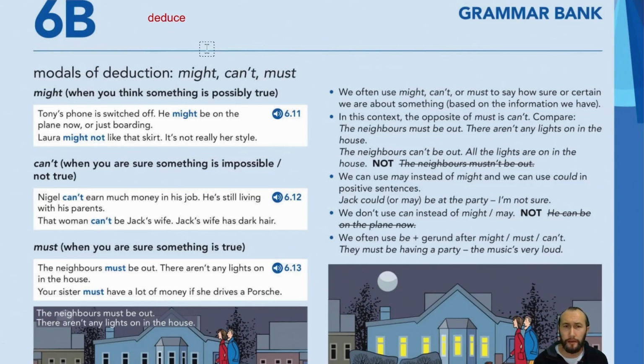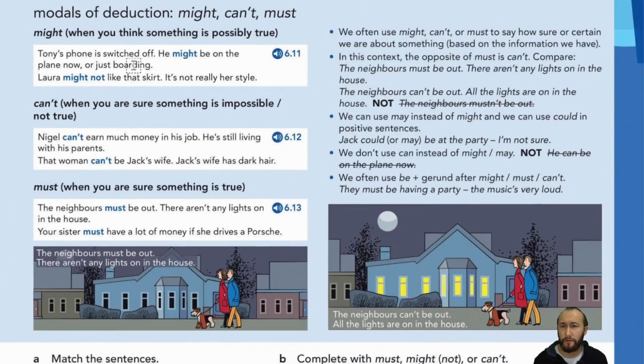Now, as you can see here on the screen, we have got modals of deduction, and we can divide this into three main parts. So here might, and then here can't and must. We're going to start with the first one, might. Might, when you think something is possibly true, it's all about certainty level. So if you want to talk about something with, let's say, 50% certainty or 50 to 60% certainty,